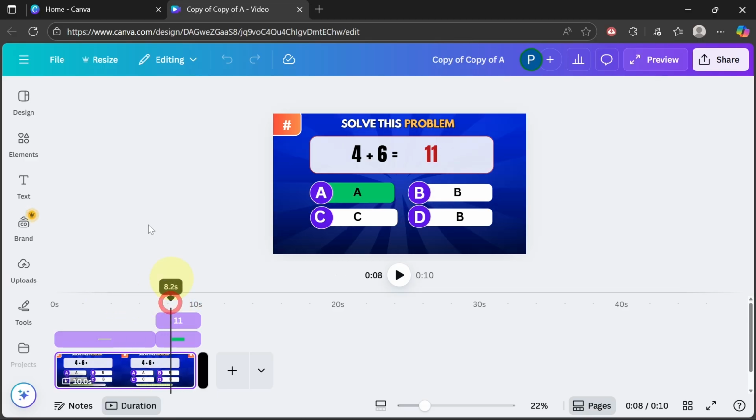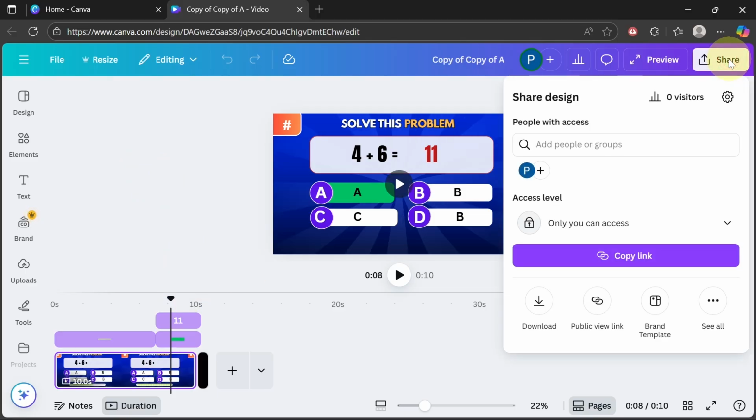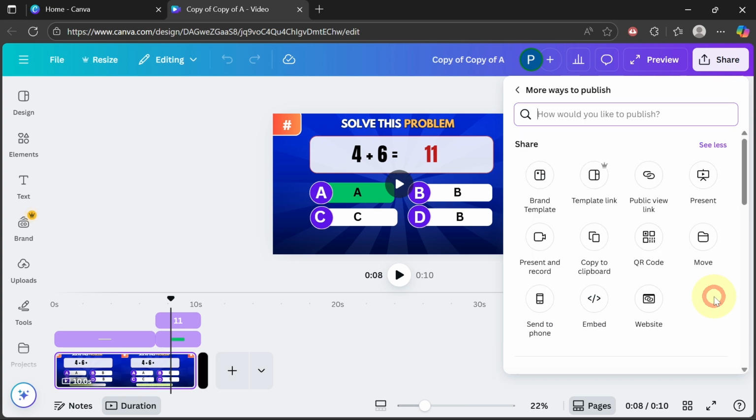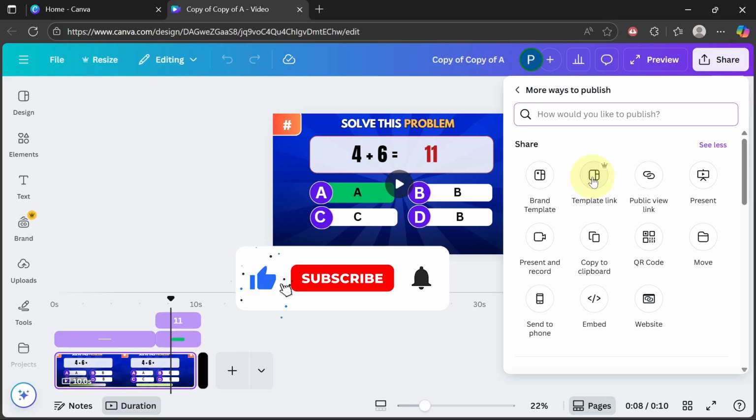So assuming you have your project and you want to create a template and share with somebody, this is how to go about it. Just click on the share icon here and then click on see all, and you can see here we have the template link. Unfortunately, you can see we have the crown icon over there, so you need to have a premium access in order to create templates. So just click on template link,